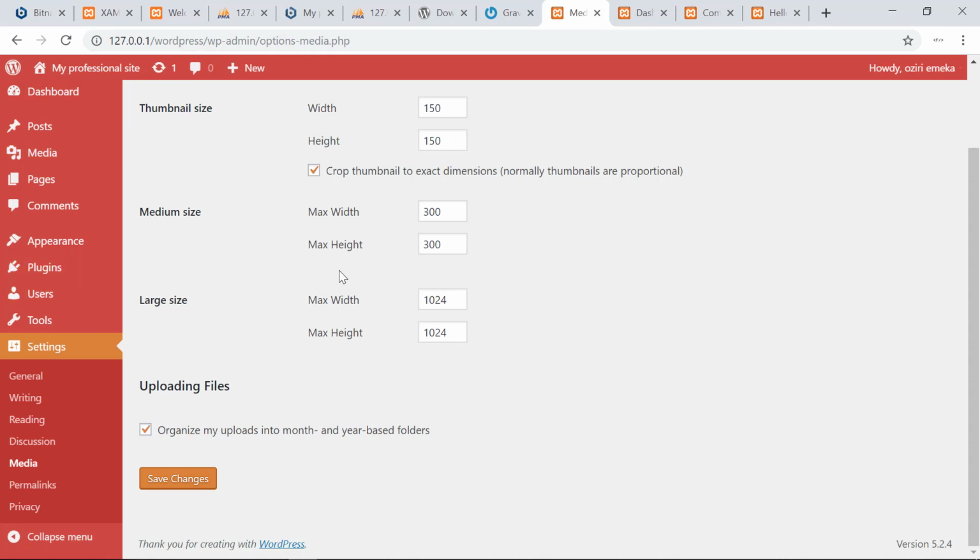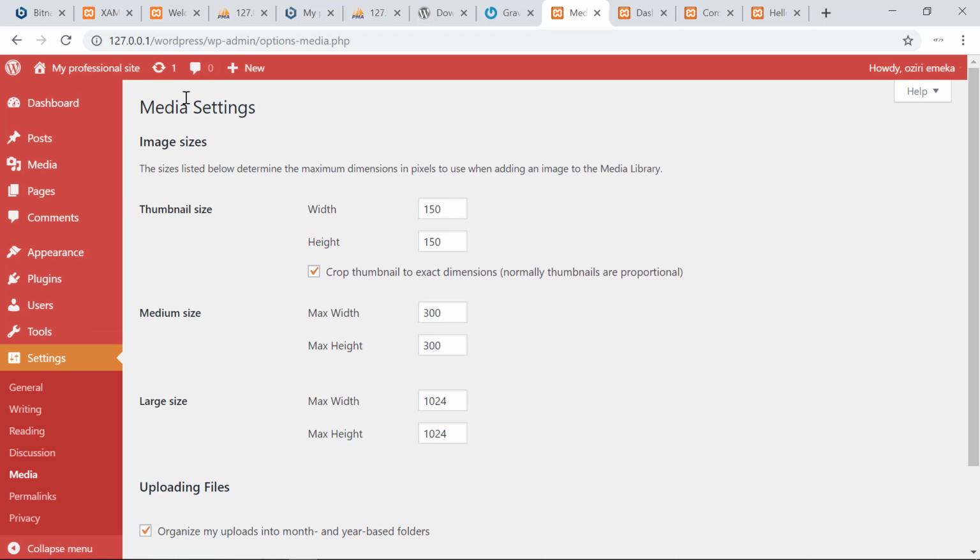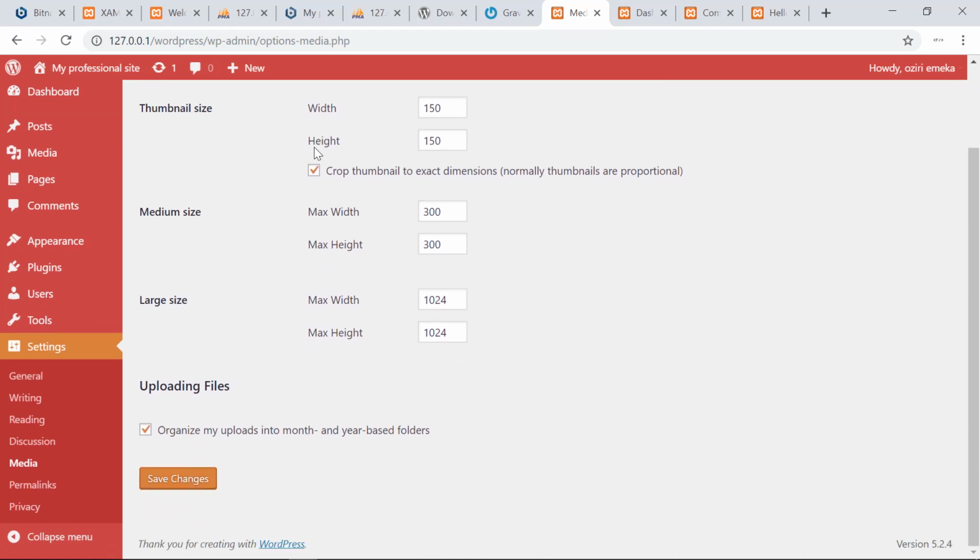So I think with that we're golden, and that's all about WordPress media settings. Now in the next video we're going to look at WordPress permalinks and the privacy section, and that would wrap it all up for the